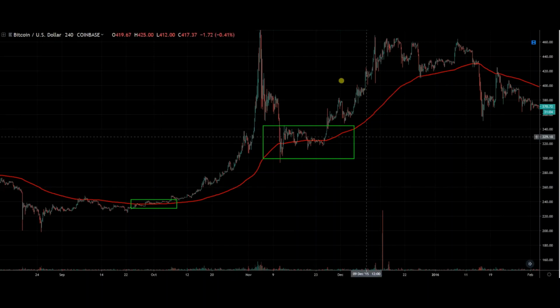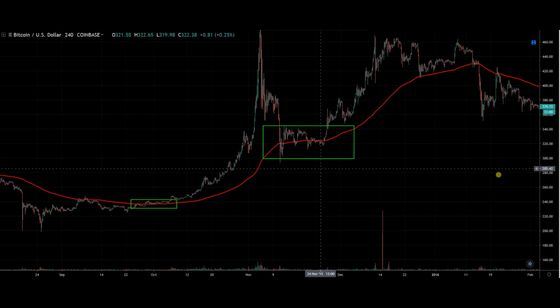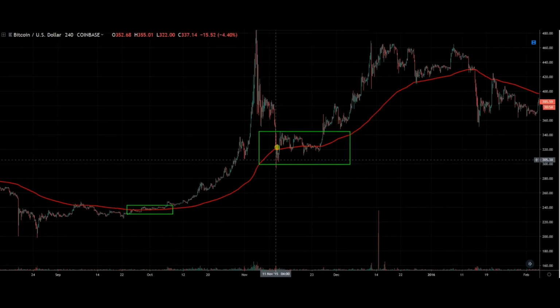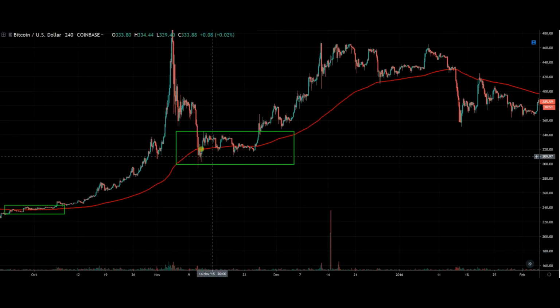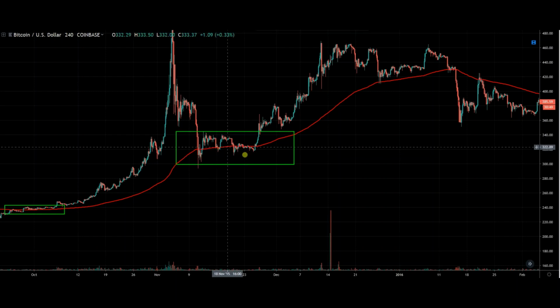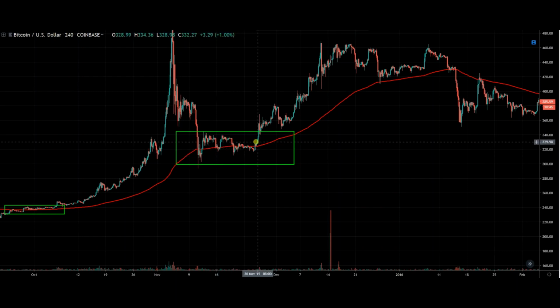So price spiked below. Spike belows, you don't usually consider them. You need to see a clean break of the moving average. So you can see here, price did go below it, and then it came back up and got below it again. But when we got above all moving averages,